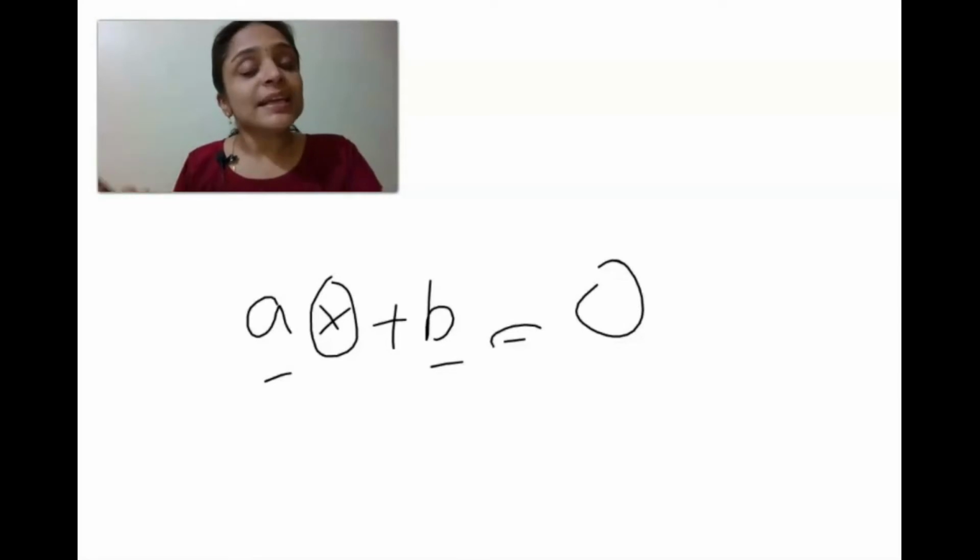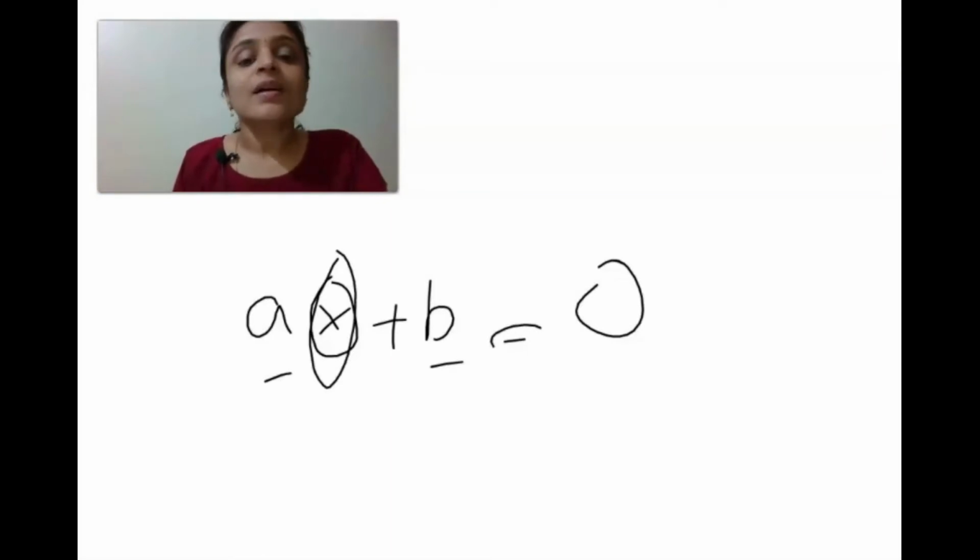And if the degree of a polynomial is 1, what is it called? It is called a linear polynomial. Likewise, here also, if the degree of an algebraic equation is 1, it is called a linear equation. And here only one variable x is there. So this is called a linear equation in one variable. ax plus b equal to 0 is called a linear equation in one variable.